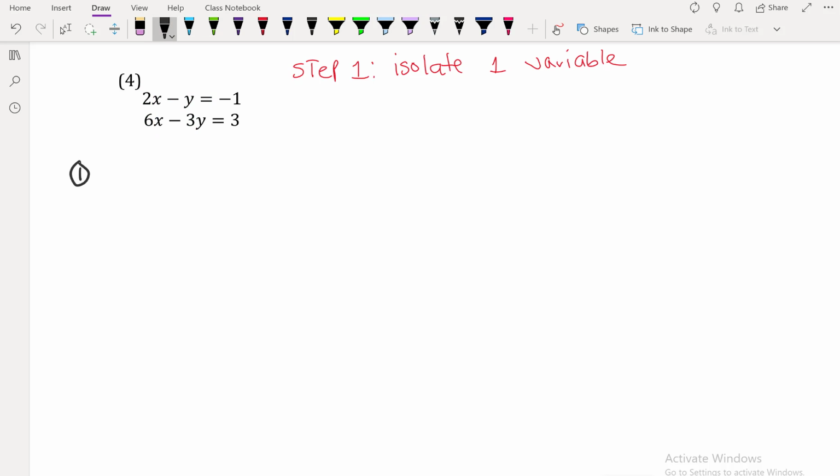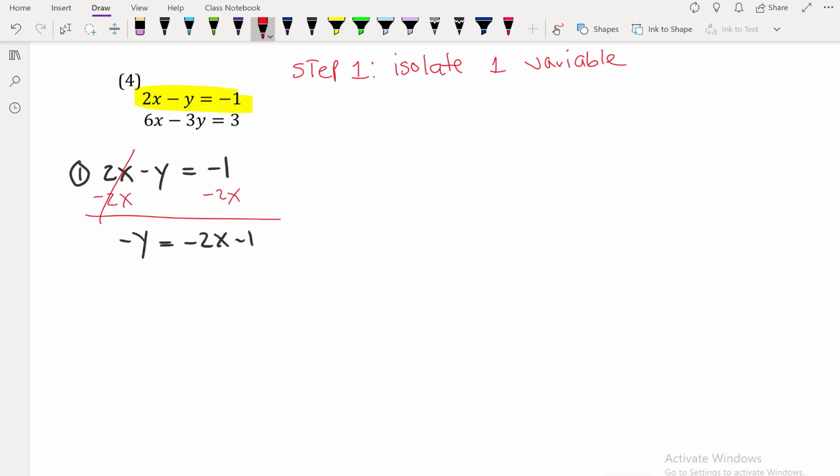So my first equation, I have a 2x minus y is equal to a negative 1. So I'm going to subtract 2x from both sides. So I have a negative y is equal to a negative 2x minus 1. So that means I'm going to divide each one by a negative 1. So that y is equal to a 2x plus 1. So that is going to be my equation number 1, which is perfect, because now I can plug that into